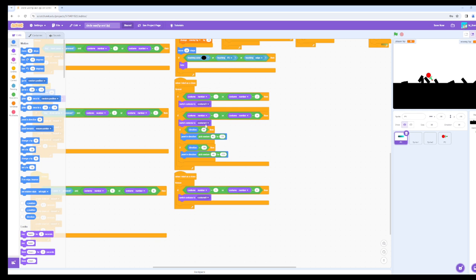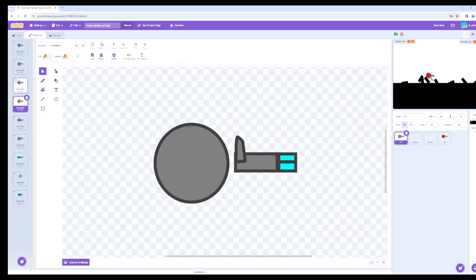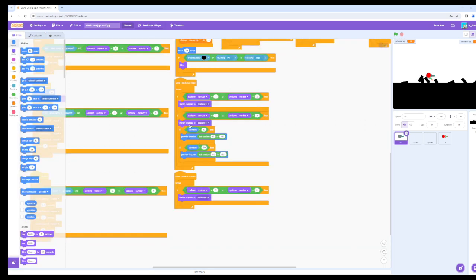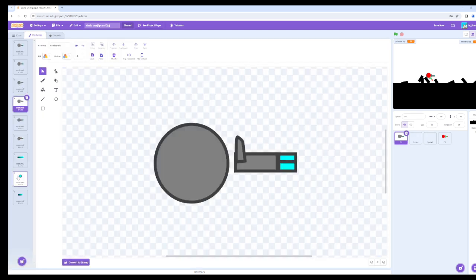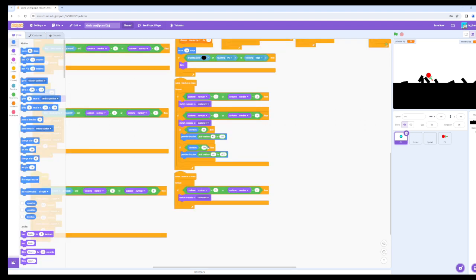If the custom number is 3 or 4, which are these two, it will switch to custom 4, which is this, and it'll also check if the direction is equal to 90 or -90. If you're facing direction 90, it'll pick a direction from 45 to 135. And if you're facing a direction of -90, it will pick a direction from -45 to